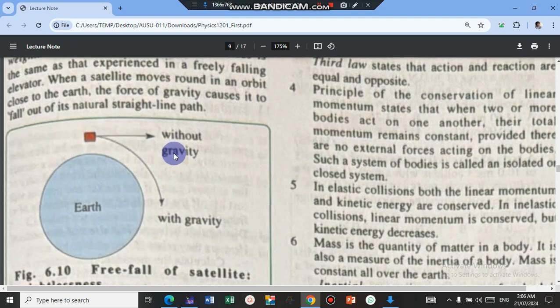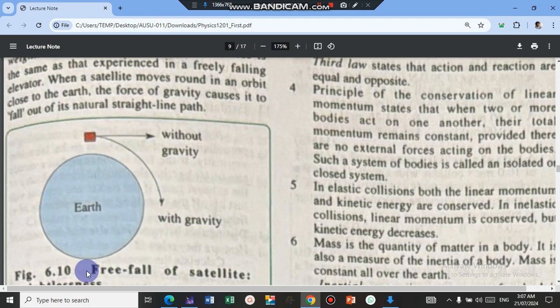the satellite is launched, and then instead of the satellite following the direction of the launching velocity, due to gravity, it bends and moves along a circular orbit. It means without the gravity, if it is launched in this direction, it will just follow the direction of the launching velocity and move in a straight line. But because there is a force of gravity pulling it down here, this force of gravity will cause it to bend and move along this path.